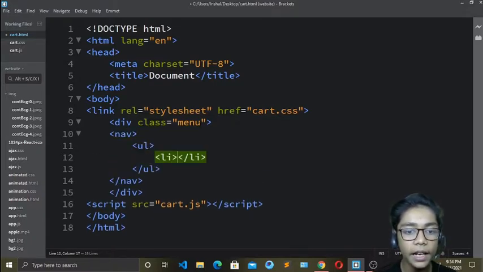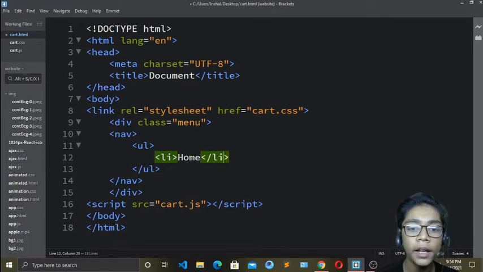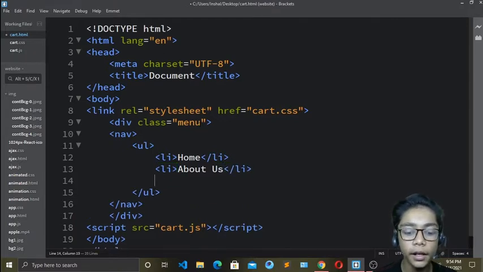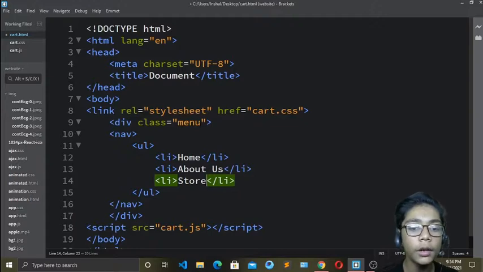Then define li, and in that I will write home. Then write another li tag and define about us. Then write another li tag and define my store. When you've done that, hit save, and now we have done all these things.